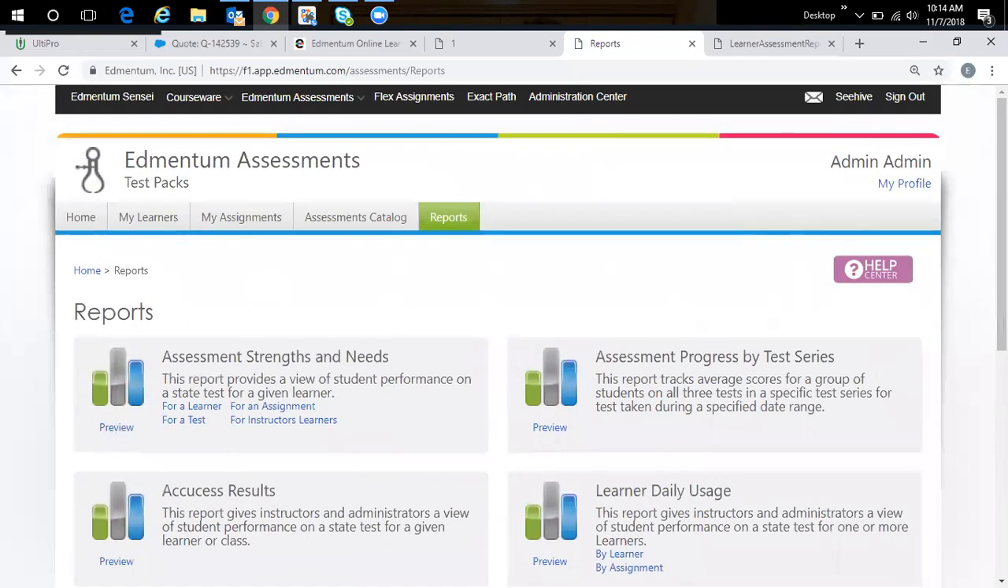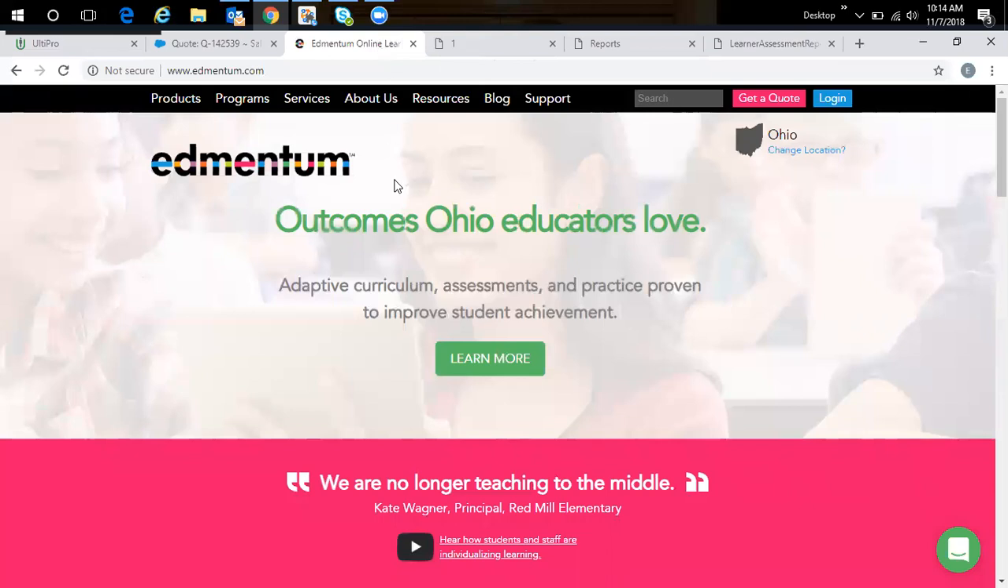So this is just a brief outline of the Edmentum assessment platform. You should now know how to add users to your program, set up a program for the Edmentum assessments, assign your students a test, and once that test is completed, you now know where to go to access your students' information. One other thing I like to show you is that we do have a lot of great online resources